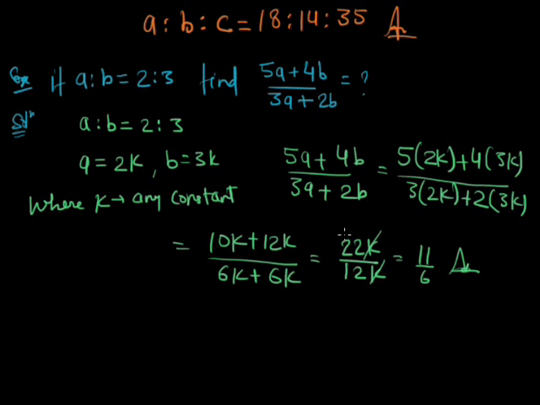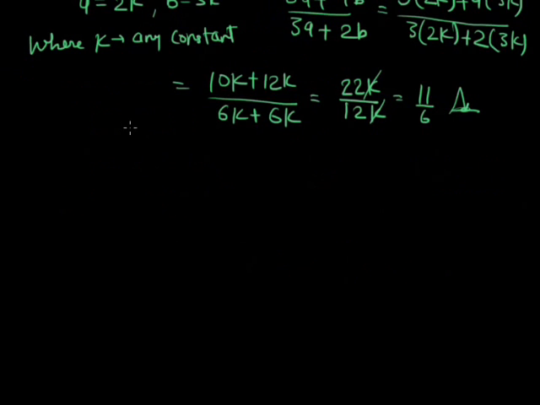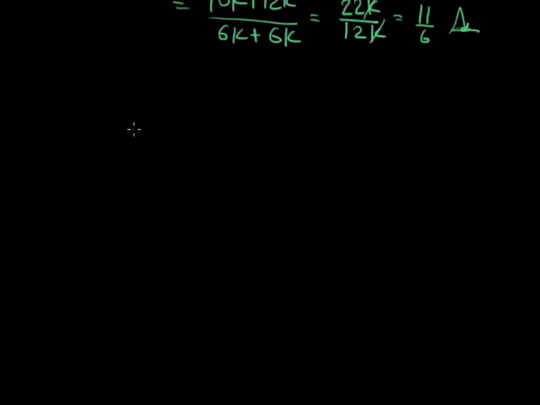So we can solve these types of questions according to the situation. We can put A, if in this question we see that A is to B, we have given 2 is to 3, so we can assume that A is 2K and B is 3K, and then we can solve the question according to the statement given. Okay, let's study some properties.